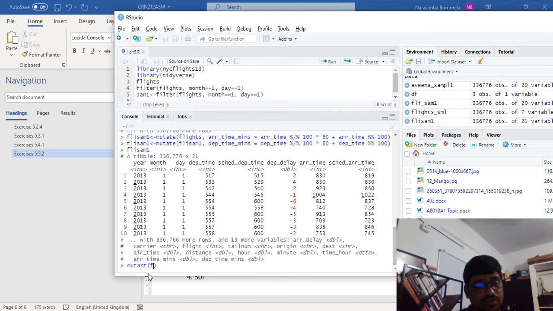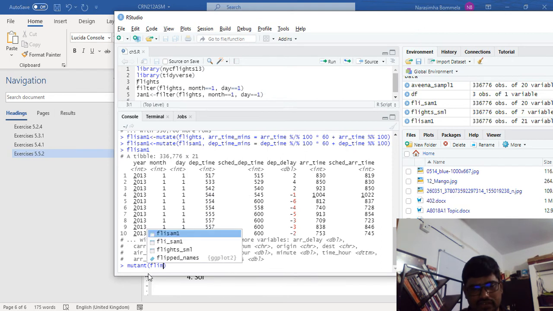Sorry, you need to add the data set name, right? FLI SAM. So use your own variable. Okay, don't use mine. FLI SAM1, comma, flight time is equal to